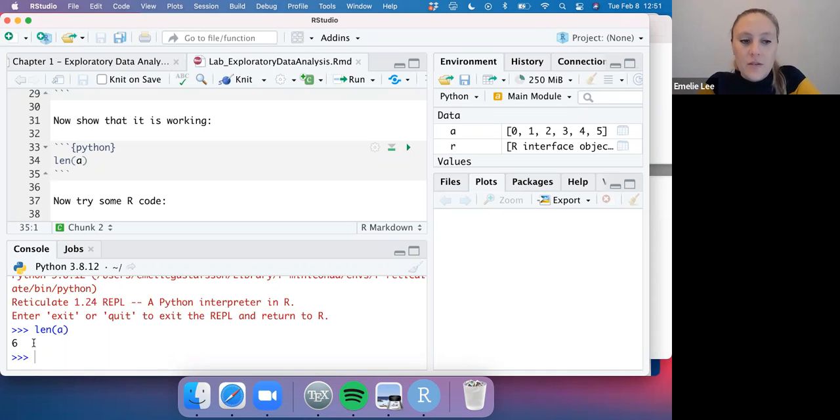Okay, so then the length of A is 6, which is true, right? 0, 1, 2, 3, 4, 5, length of 6. Okay. Looks like my fingers are blue. Anyways,